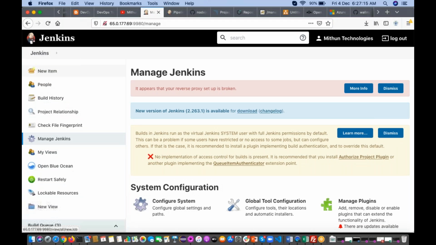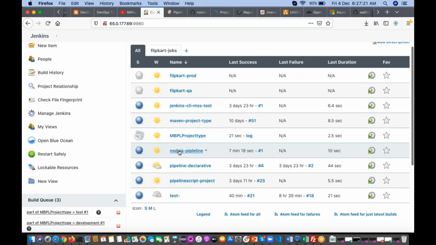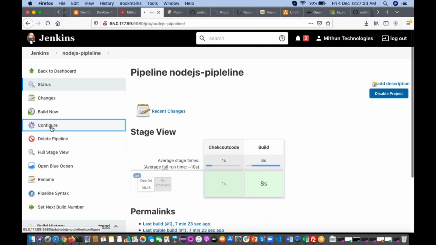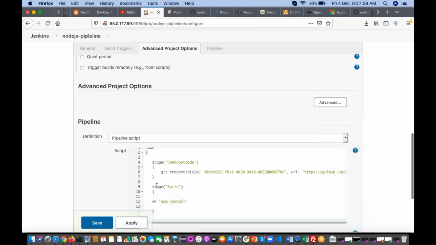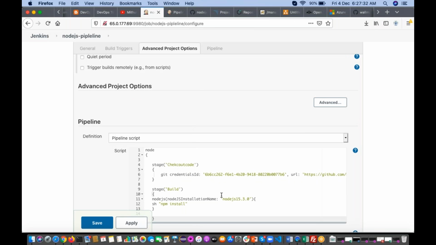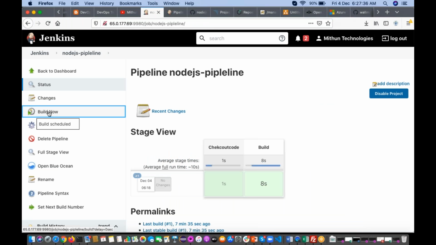You can go here to your job, go to the Jenkins dashboard. So Node.js, click on configure. Remove this one, now I'm adding this one. Save it. Click on build now.